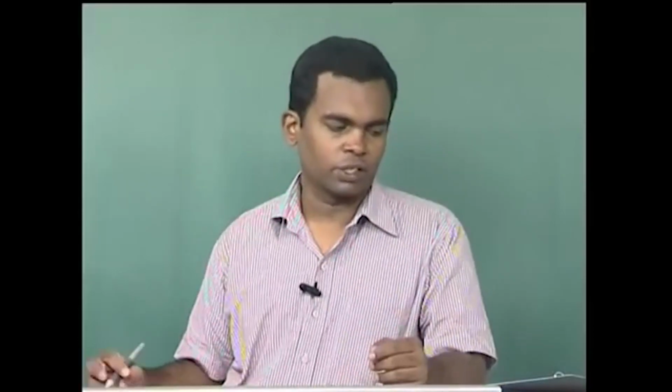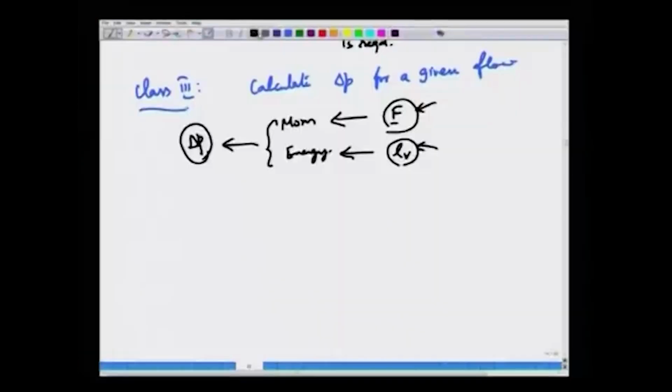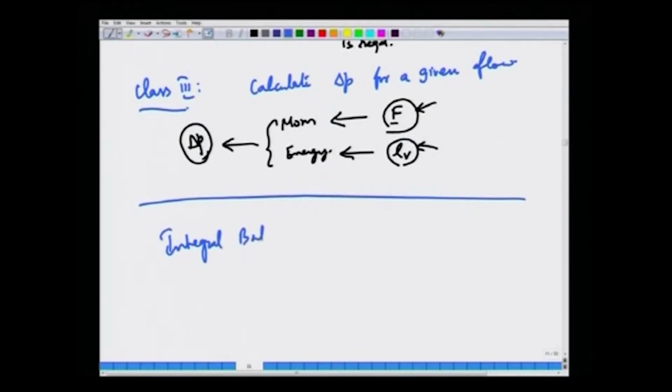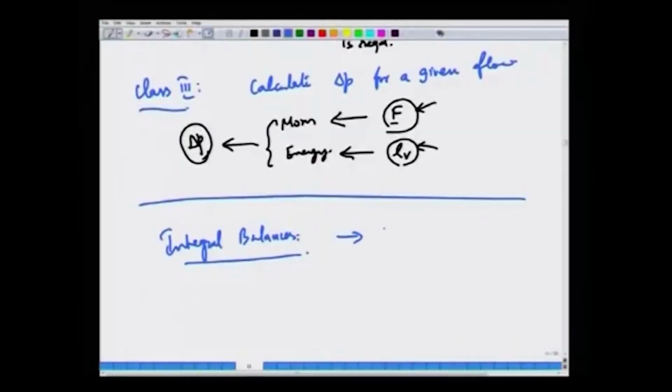Okay. So, you can have different answers for delta p. The point I am trying to drive across is that in general integral balances are simple, because you do not need much detailed information about the velocities, the distribution of velocities across various points in the flow. They are much simpler, but they yield only approximate information, as we just